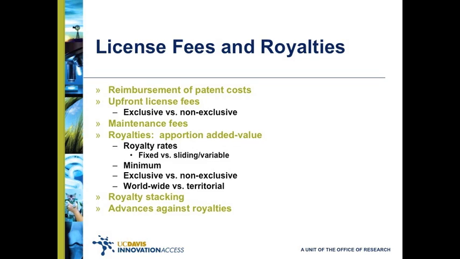License fees and royalties. All licenses must provide the university with fair compensation for the invention. Through market analysis, through discussions with the licensees, and through experience by comparing the invention and license agreements with similar agreements and inventions, the university and the licensee negotiate financial terms. First and foremost, the university must get paid back any out-of-pocket expenses. Usually these are for patent costs that we've incurred prior to the license.